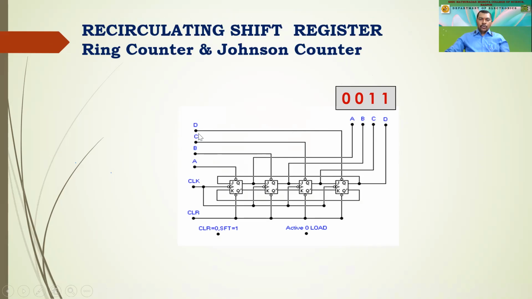So we have given this low 00, so that the output of these two flip flops will become high, whereas we have applied 1 1 over here, so the output of the first and the second flip flop will remain 0. Okay, so the initial state will be 0011 at the output. So ABCD will have 0011.